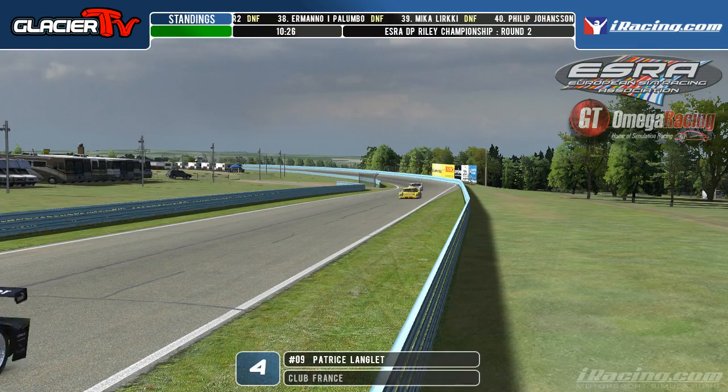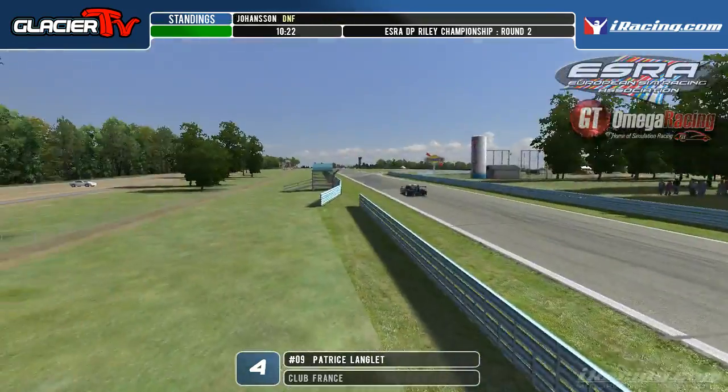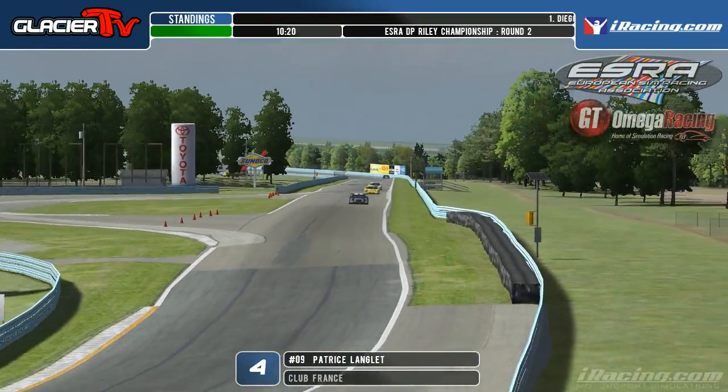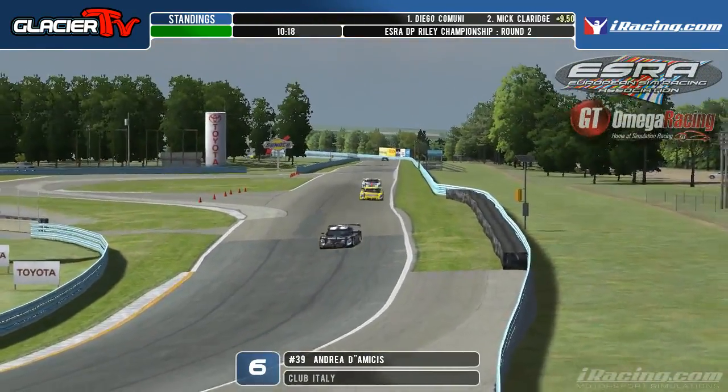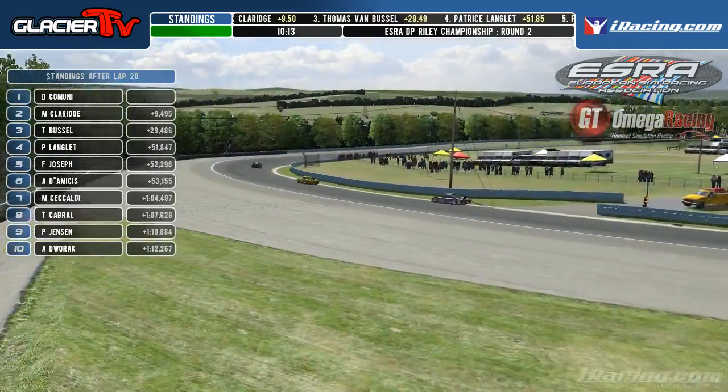Yeah, you've got 3 cars right now separated by about a second on the racetrack. That is Patrice Languette in 4th. You have yourself in 5th, Fred Joseph, then in 6th is Andrea D'Amicis. We have got ourselves 10 minutes and 15 seconds left on the play clock, and I do want to go